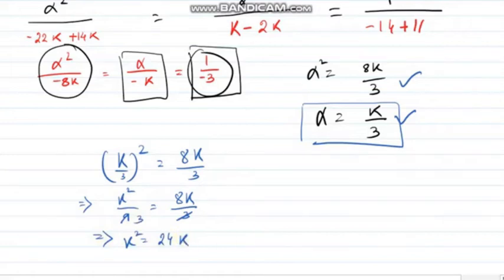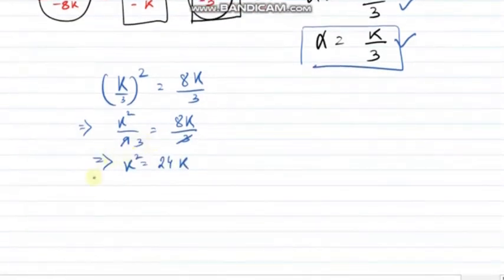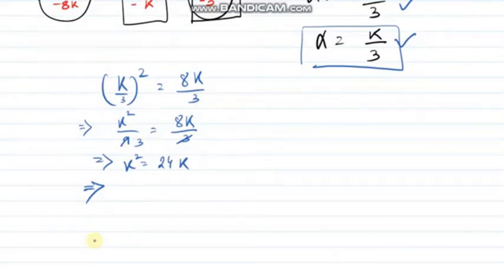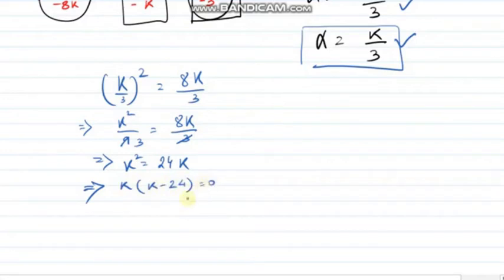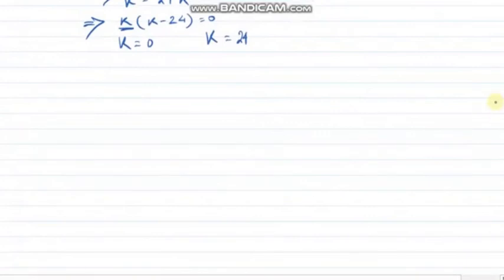Don't make the mistake of cancelling k, because no one told you that k is not equal to 0. From now on, please be very careful. Whenever you cancel anything, please write that it is not equal to 0. What I will do, I will take all the terms to one side. One value of k will be equal to 0 from here and another value will be 24. If you cancel out k from that line, you have missed out one value. Please be very careful about it.